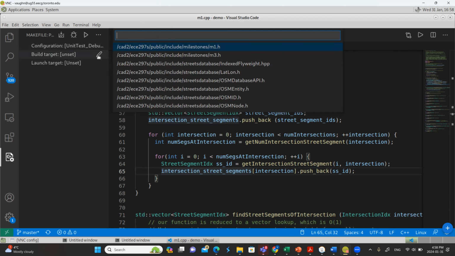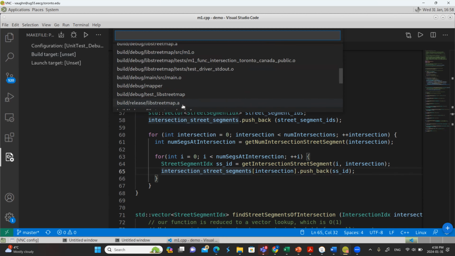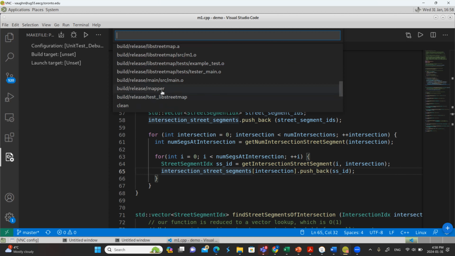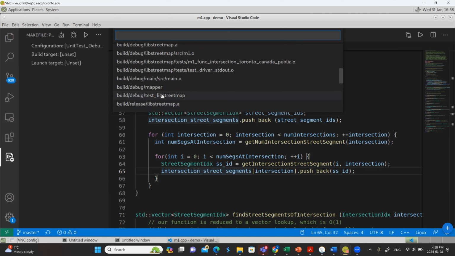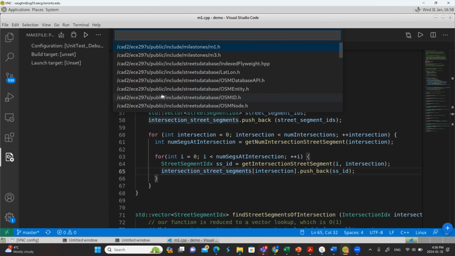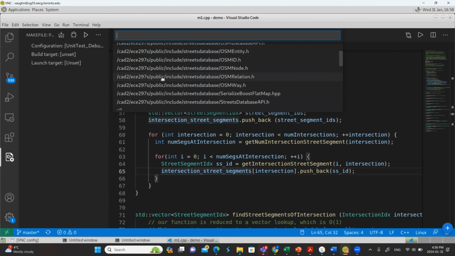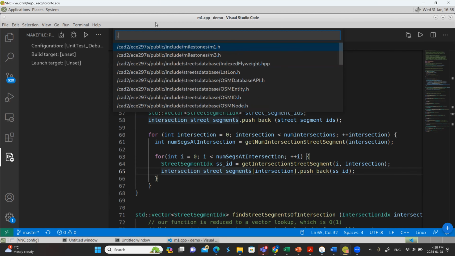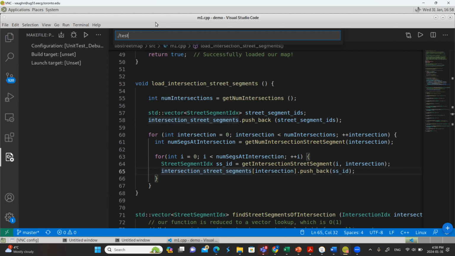The build target. For unit test debug, it is this one. Let's see, where's test libstreetmap? I have lots of files here. Let me just find the right one. Well, I know what it is: ./test libstreetmap.